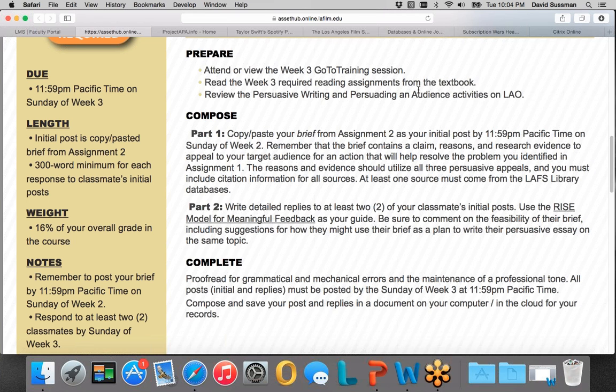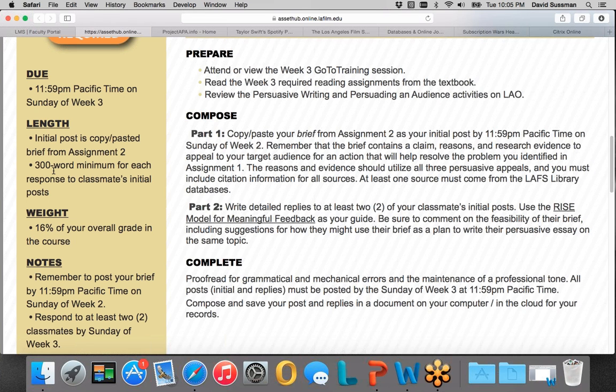Okay, you're going to post your work to the board, and then you're going to comment and give feedback to 2 of your classmates. There should be a 300-word minimum for each response, so it's pretty in depth. I'm not going to be counting to see if you get exactly to 300 words. 300 words is approximately 1 page of double-spaced text written in 12-point font. But again, I'm not going to be counting.